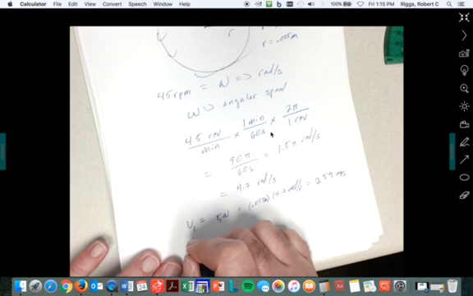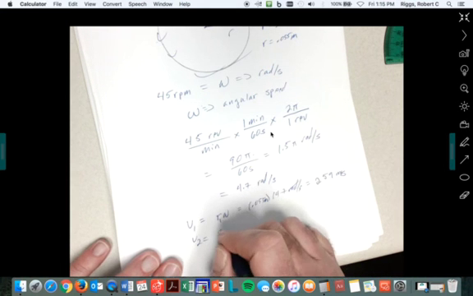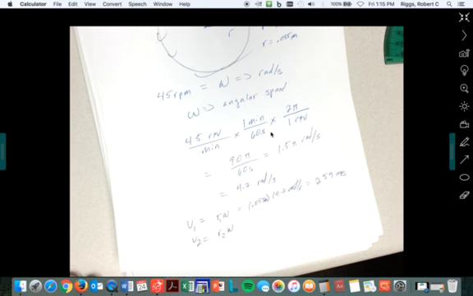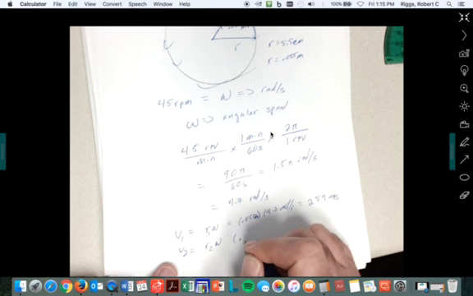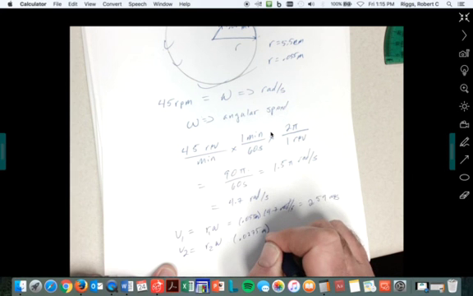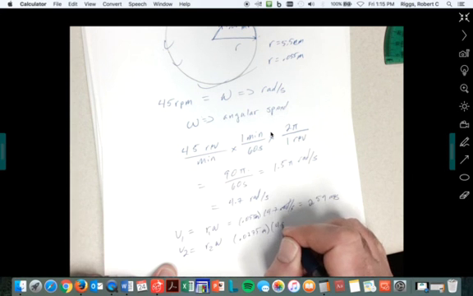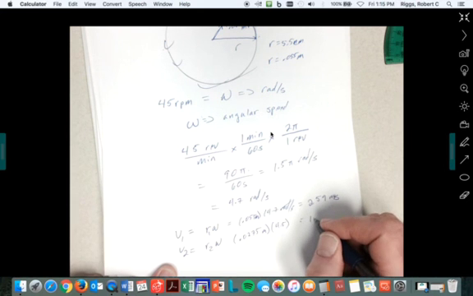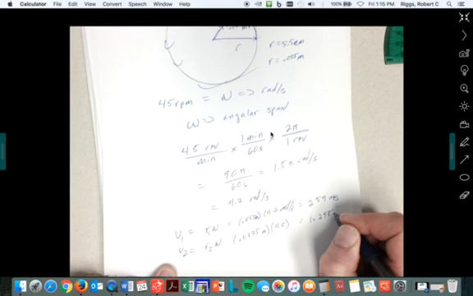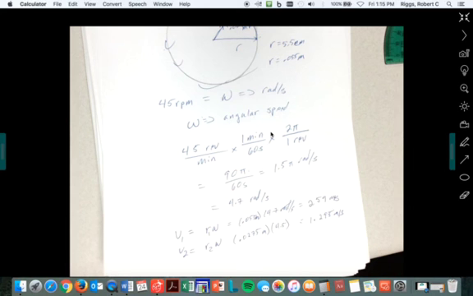Now let's take a look at V2, which would be R2 times omega, because the omega stays the same. It's still rotating at 4.7 radians per second. But now this one is 0.0275 meters. It's half. And so this one would be rotating at 1.295 meters per second. Okay? That's huge. If you understand